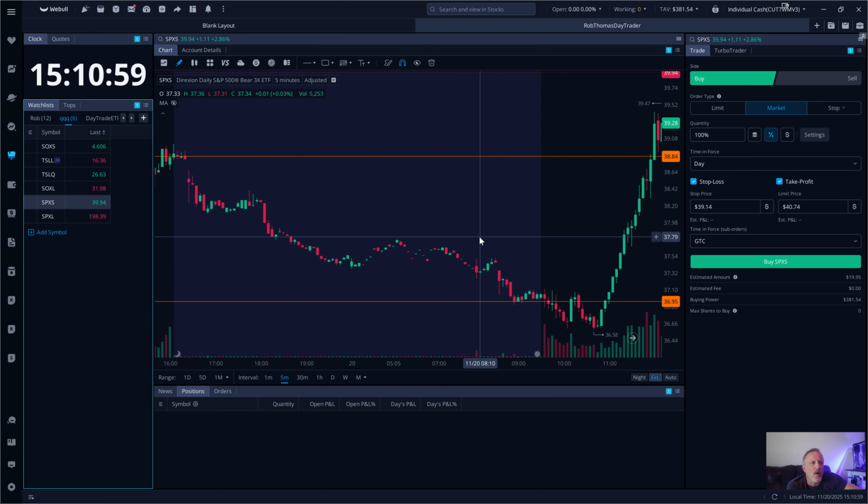Now this doesn't work out 100% of the time. No trade ever does, guys. No matter what anybody tells you, nobody's 100%. So with this one, it came down and it did come back up. Okay, so you could have technically bought right here. You probably would have got stopped out there because it did eventually dip back down, come up, retest a little bit. Here, if you would have got in right here,